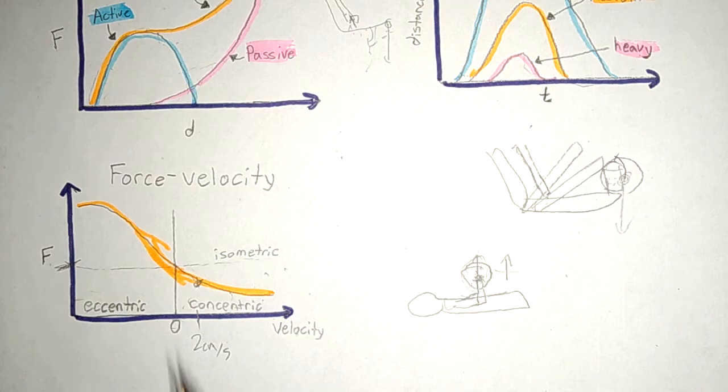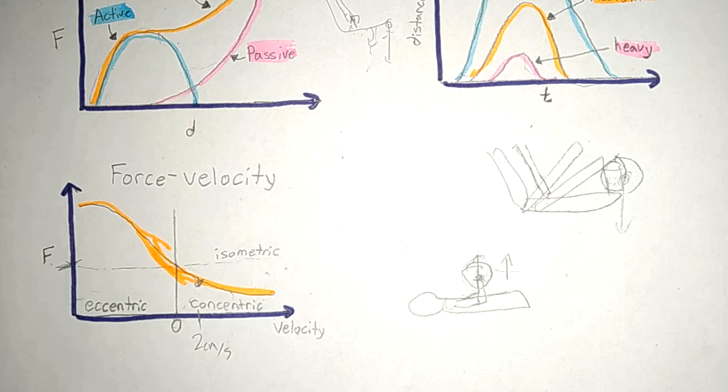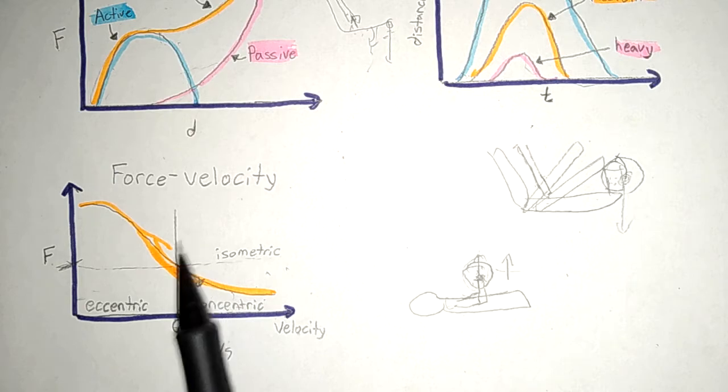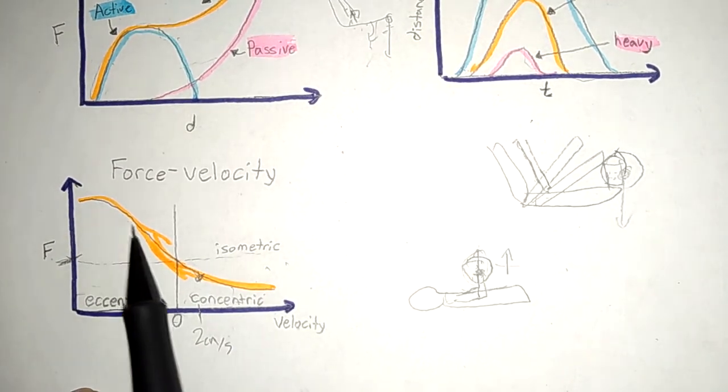In the previous video, while I was explaining force velocity, the video got cut off. So I thought instead of refilming everything, I'm just going to re-explain force velocity. So what force velocity states, what the graph states, is